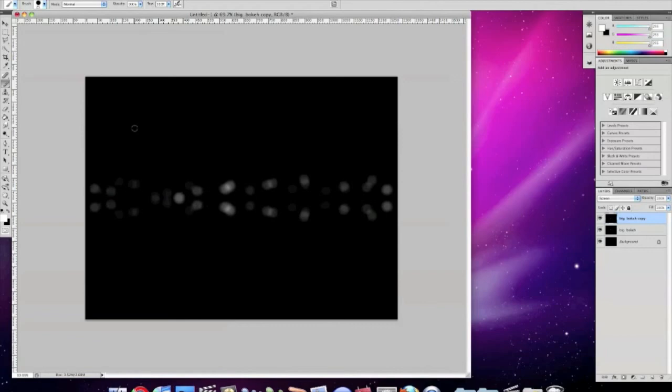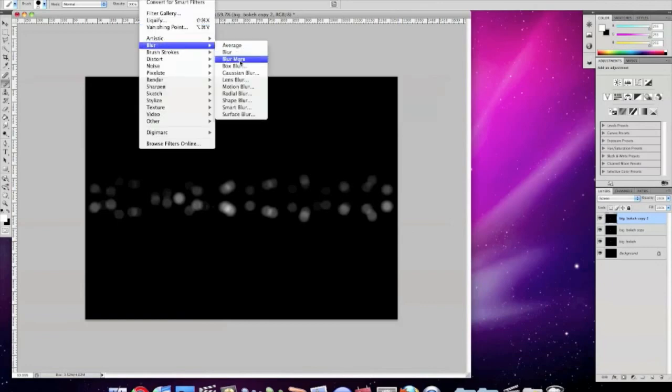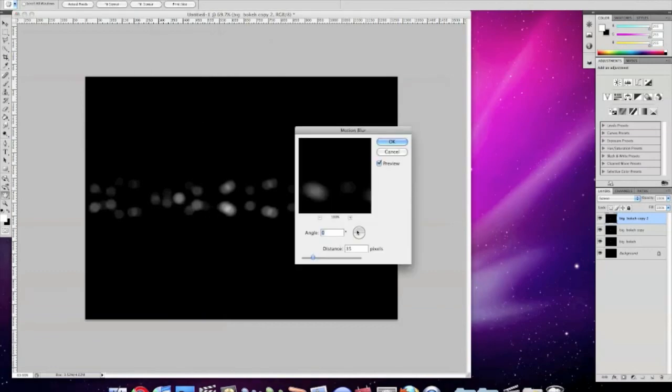And now we're going to duplicate this just once more. So Command J once more. Now you're going to see it got a little brighter. All right, that's good. Now we're going to go to Filter, Blur. This time we're going to go to a motion blur. And we're going to set this angle at 90. Distance around 50 pixels. And this is going to be pretty faint. It's going to be kind of hard to see,